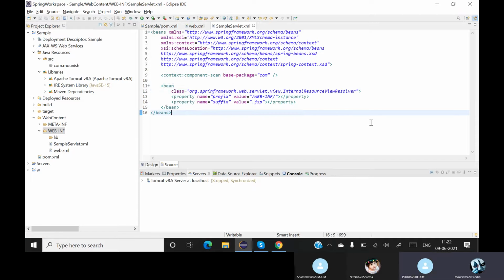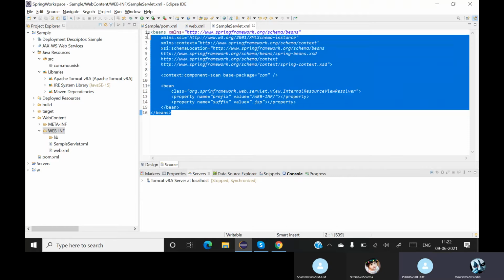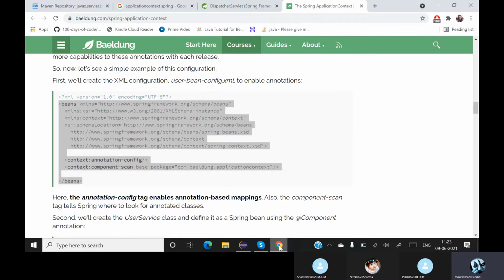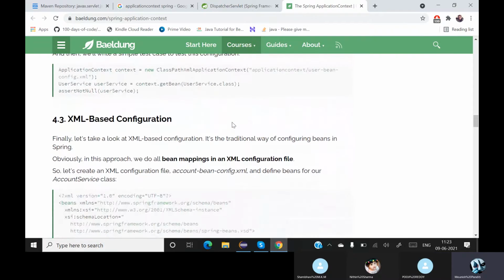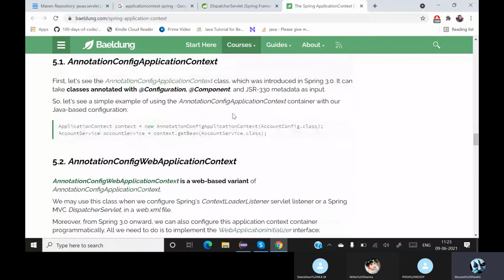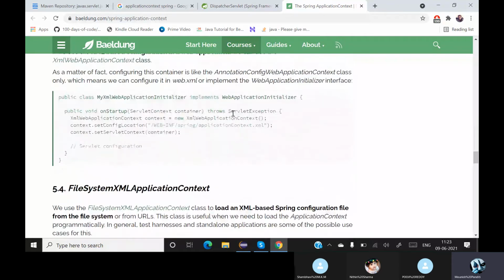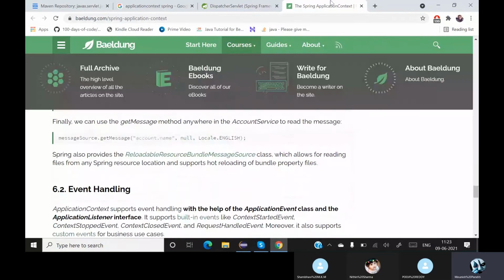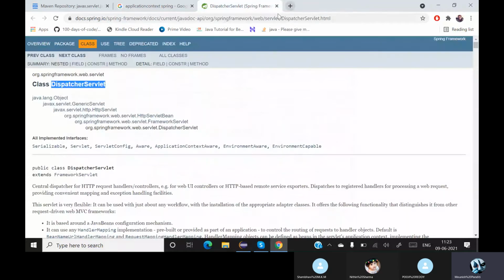For now understand this much, you will understand later, and all these things you will find online itself. There is no need to worry. You have already seen the base package things, right? If you go for some more things, you see here we are setting the application context. This is basically Spring Boot. If you search for Spring based, you will get all these things online. Nothing to worry about all this.